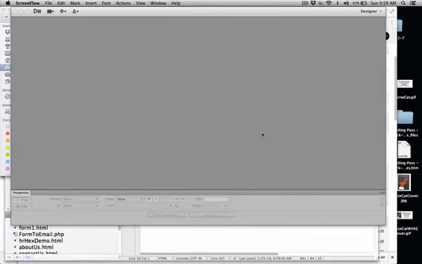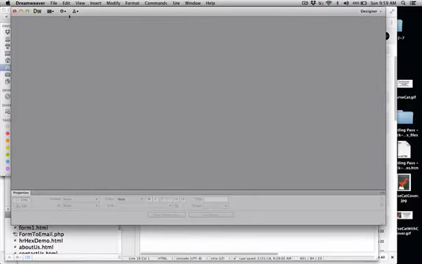In this fairly involved movie, we're going to learn how to create a form on your web page and actually have it send information to your email address after it's been completed. We're going to use Dreamweaver for this. It does a lot of the work for us, so we'll use it just this time to show how to